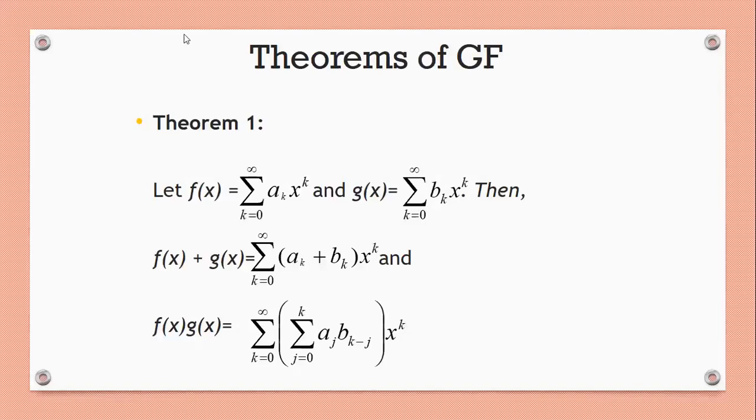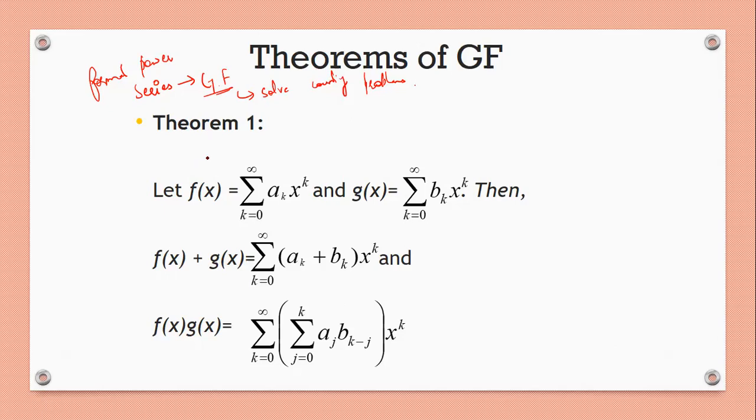Next topic is theorems of generating functions. When generating functions are used to solve counting problems, we usually call it a formal power series. Formal power series is the same concept as generating functions, but whenever we use this concept to solve counting problems, then it is known as a formal power series. Based on this, we have a few theorems of generating functions, and the reason we are seeing the theorems is that some results can be directly used as formulas. So that is the reason we will see a few theorems.